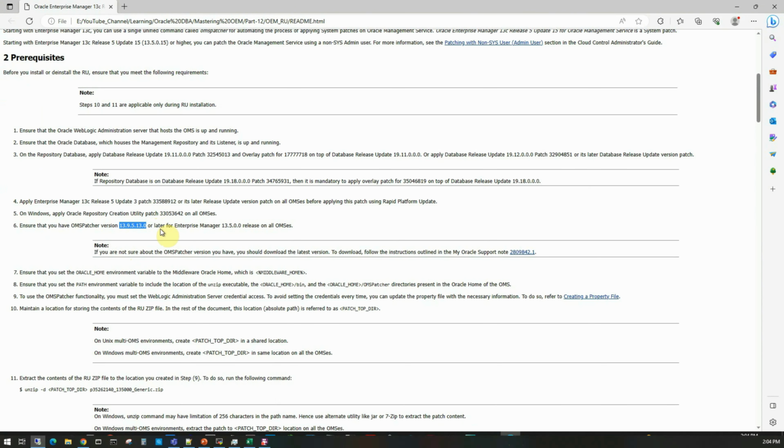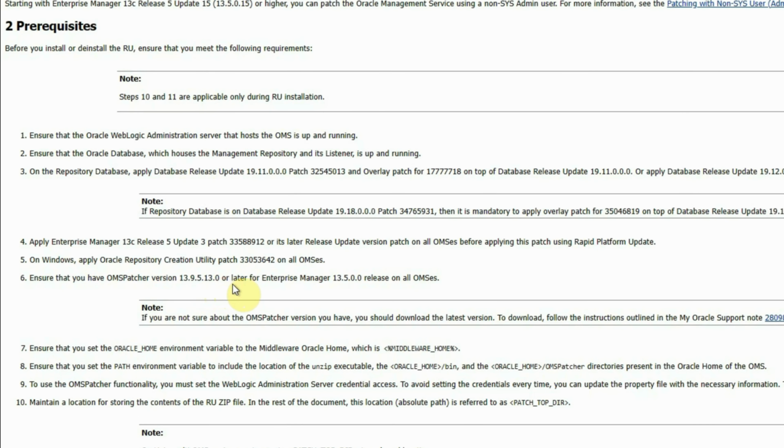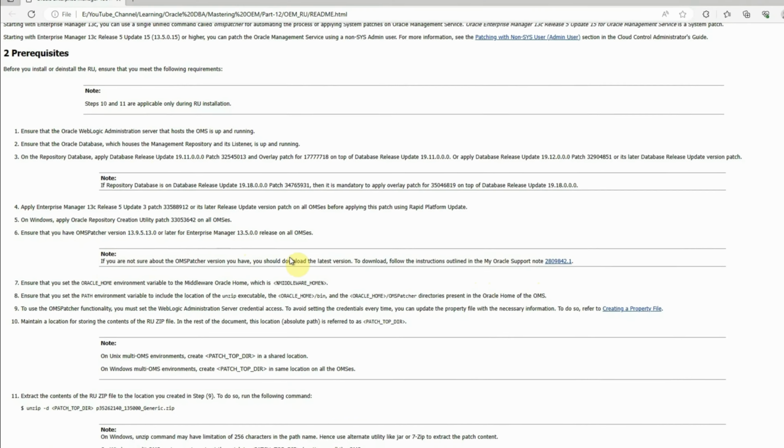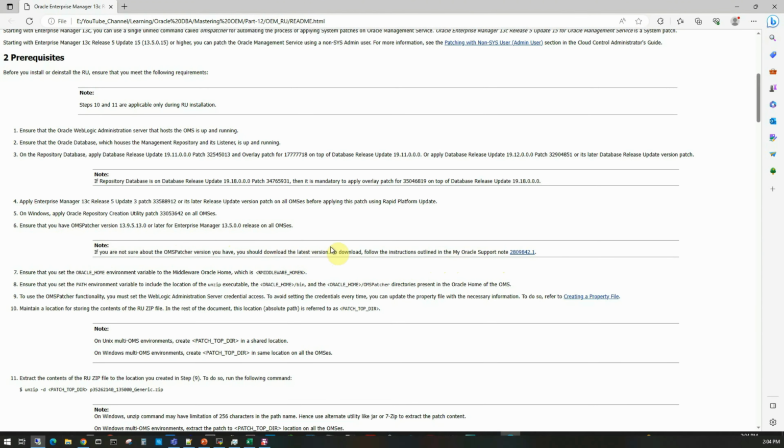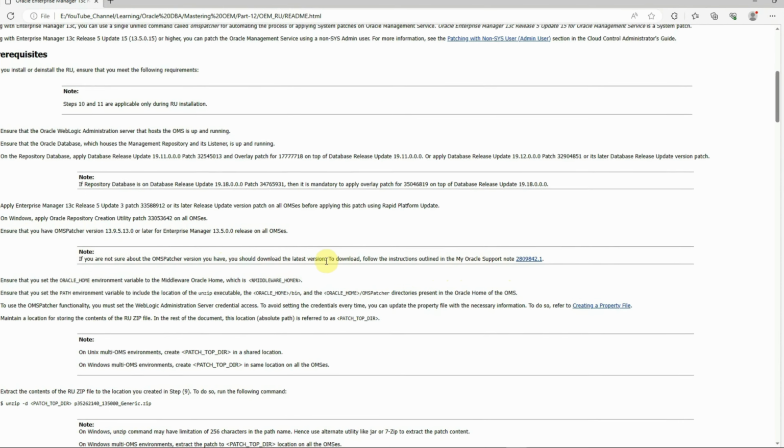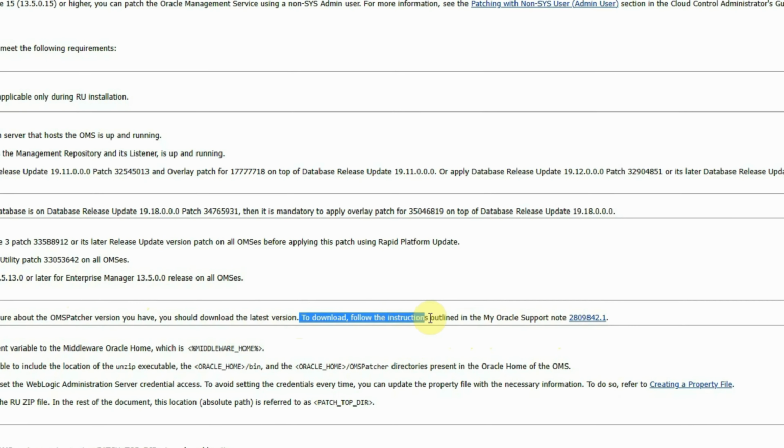Now, since the OMS Patcher version installed in our system is lower than the recommended version of 13.9.5.13.0, we have to download it from My Oracle Support and then upgrade our existing OMS Patcher. The download instructions are actually given below, where we can see that to download, follow the instructions outlined in the My Oracle Support Note